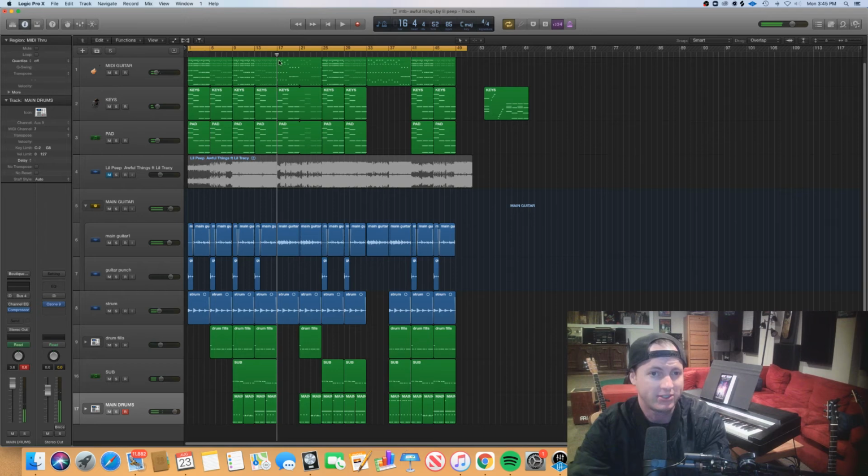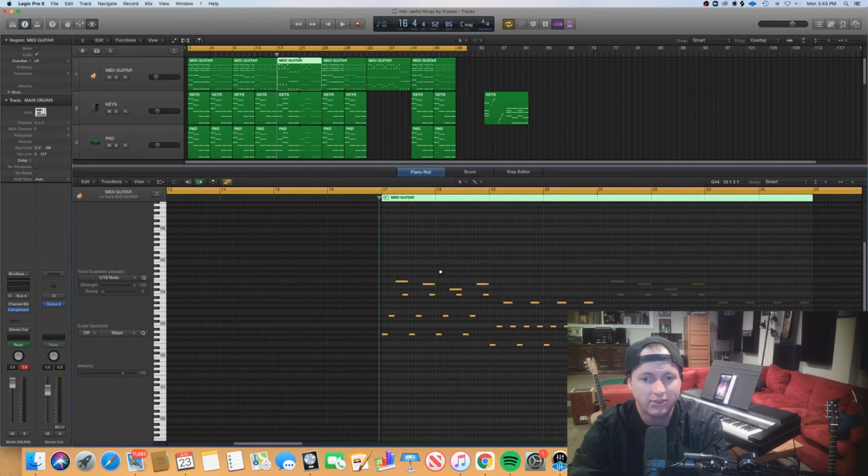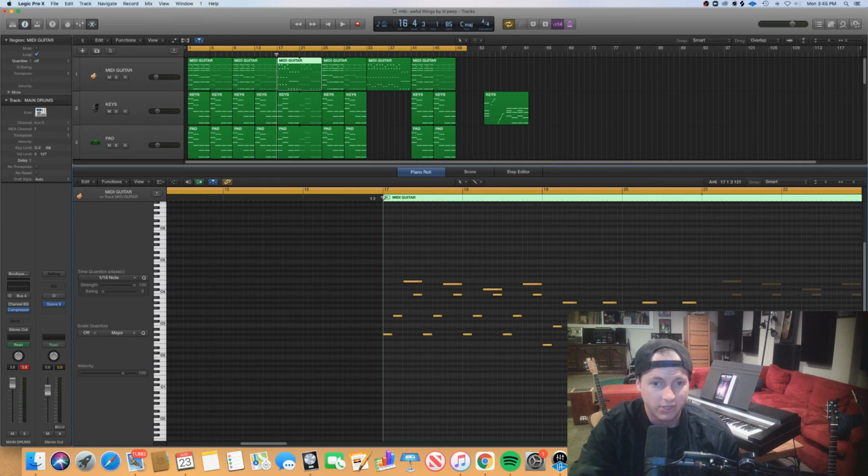Cool. That brings us to this next section, the only other guitar section that's happening in the song. We get two slightly different versions of the same thing. This is an arpeggio. It's using the same chords that we had before. So this is our C sharp minor 7 sus 4 in second inversion. So it's got the G sharp in the bass.